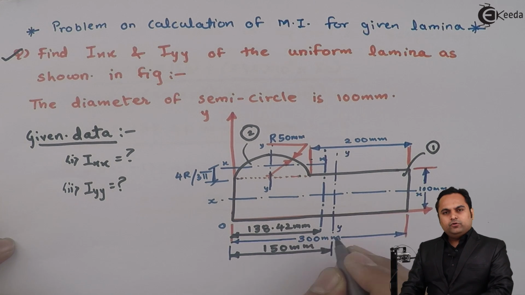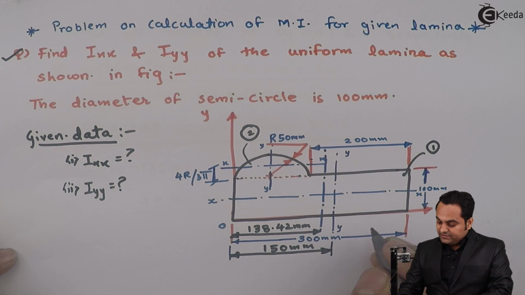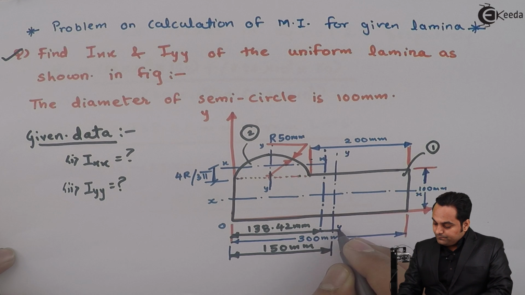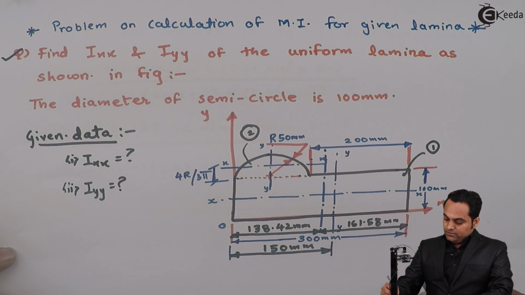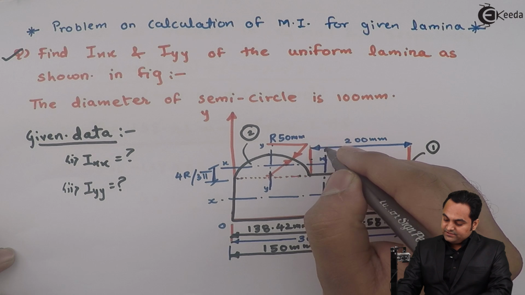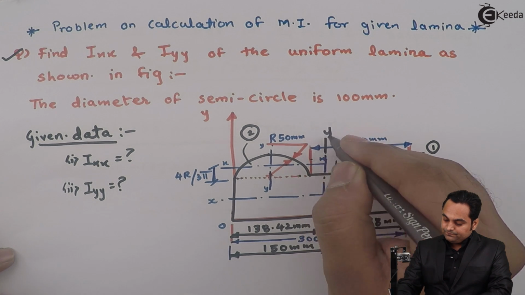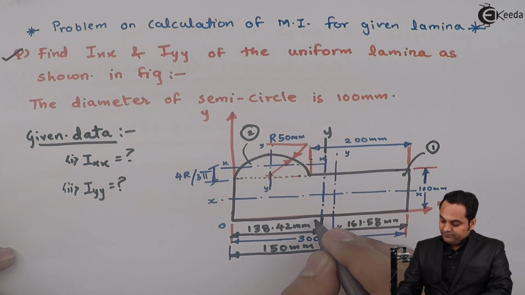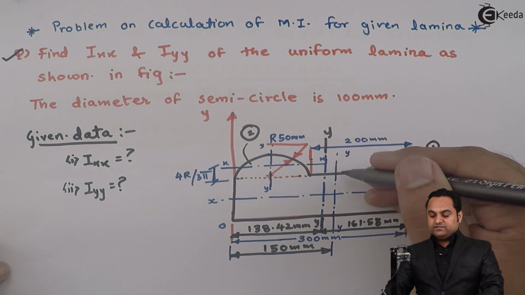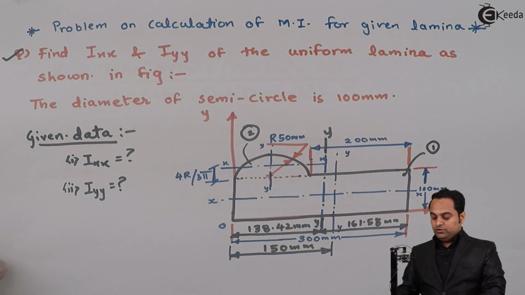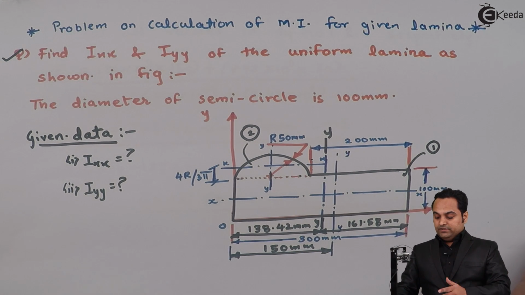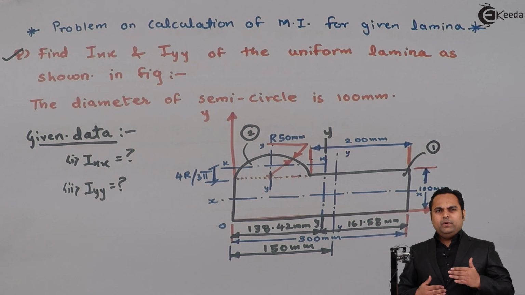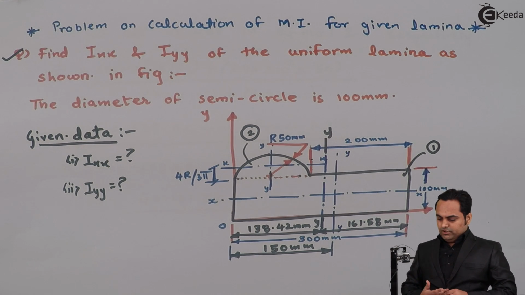So 138.42 mm from left hand side, and from right hand side it is 161.58 mm. Now this indicates the y-axis for the complete figure, and this was the y-axis for rectangle 1. Here is the y-axis for semicircle second. Now after getting the location of y-axis, next thing is we should know where the x-axis is there, because once